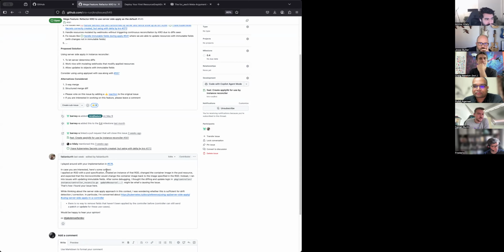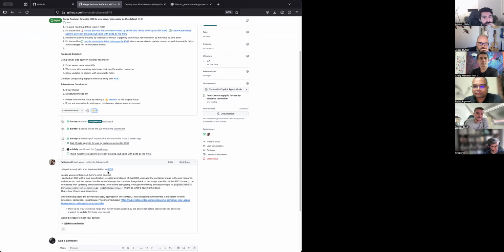Because if I add a field and the Crow controller is not the field manager, and then it goes ahead and tries to server-side apply the original desired state from the RGD, the fields that were added by the user with a different field manager would be ignored by that, right?